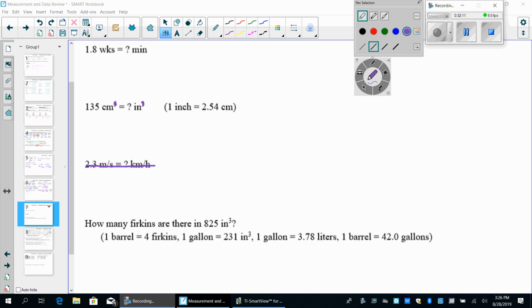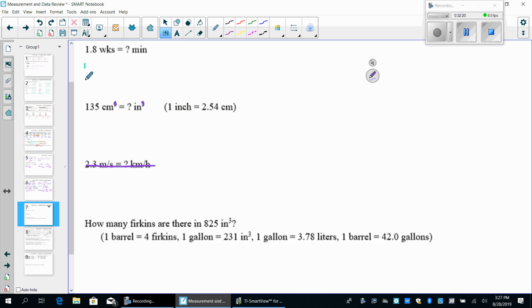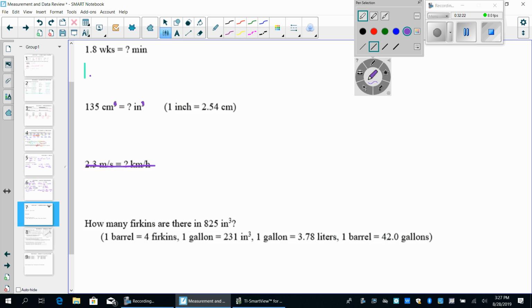Okay, this one is using dimensional analysis to solve conversions. And for this one, you've got 1.8 weeks. And you always want to start with